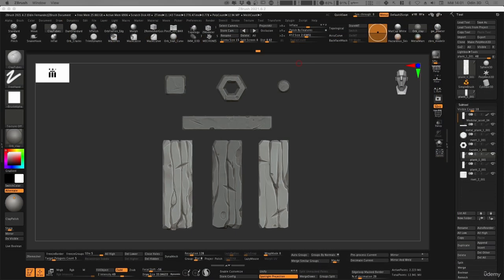What's up, fellows? We continue with our modular asset, in which we already had sculpted all the pieces, and now what we are going to do is pass this to Blender. We are going to use GoZ, but before doing this, we are going to do a process of lowering polygons. Because if we were to send this directly to Blender,